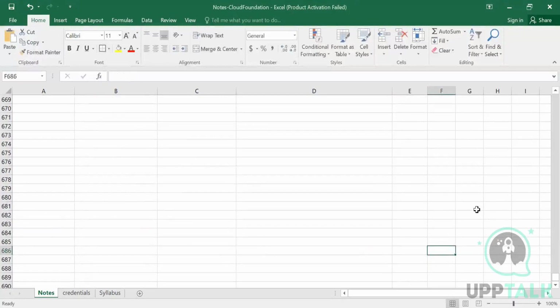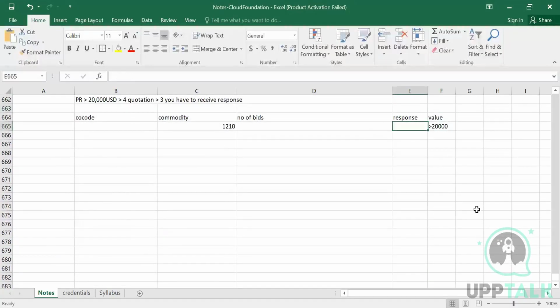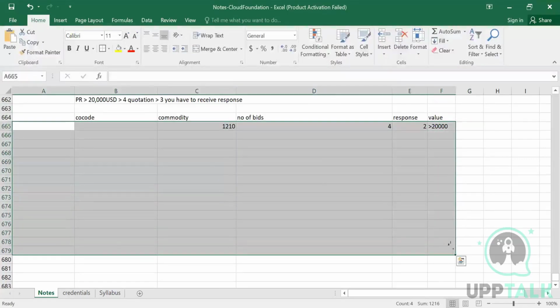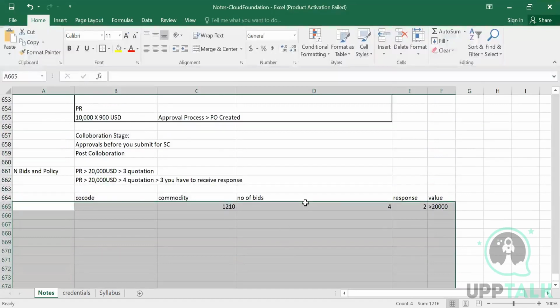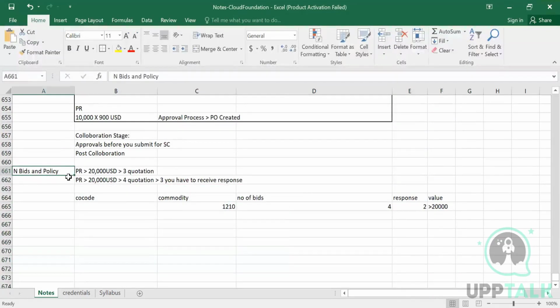Then you are going to mention you have to receive minimum 4 bids and responses to 2 bids. Like that, you can prepare your file different for different combination, and you can import this file. Then this n bids and policy, when this policy is implemented, when you are creating a PR with this commodity code